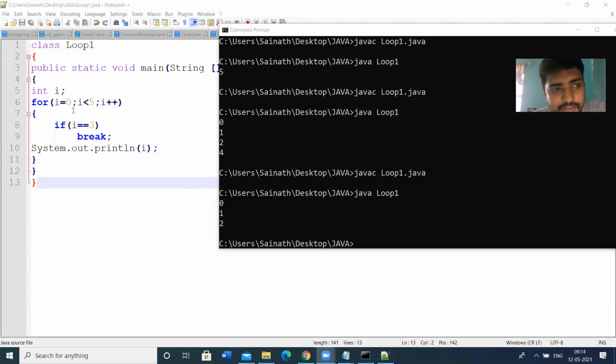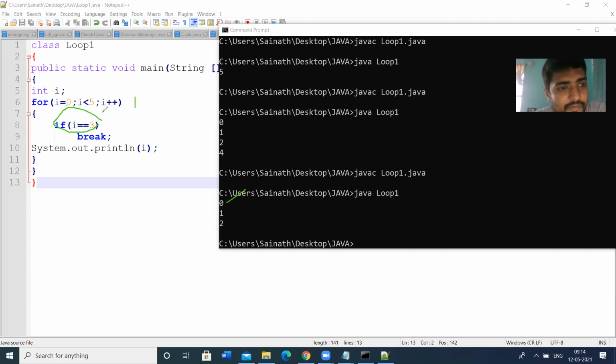For i is equal to 0, the if condition is checked, i value is 0, no, so the break if block will not be executed. Then system.out.println will be executed. So i value 0 is printed.